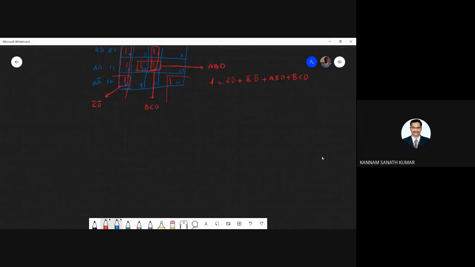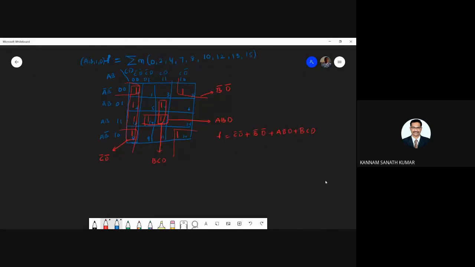So this same expression, suppose I want to write in terms of f of A, B, C, D. The complement of this one is nothing but POS. The terms which are not present in this summation of min terms, you get the max terms. So this is nothing but pi capital M of. Whatever terms are missing, you should write here.